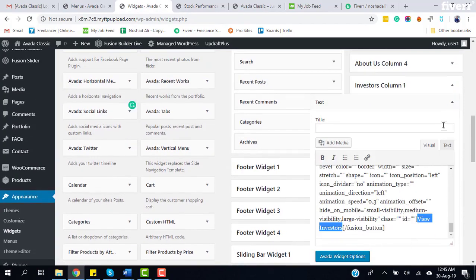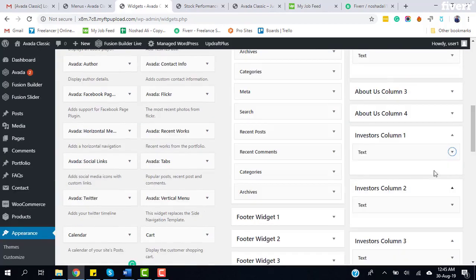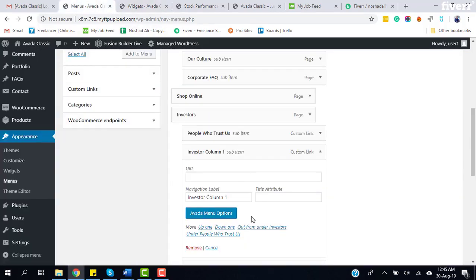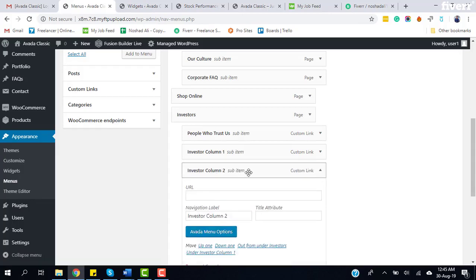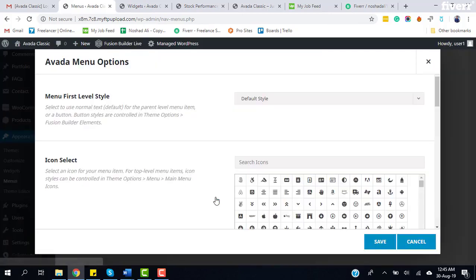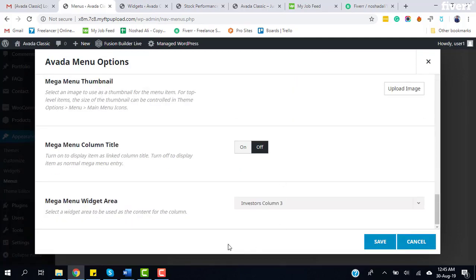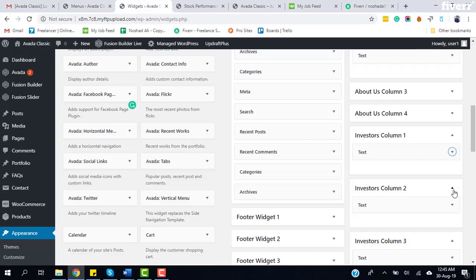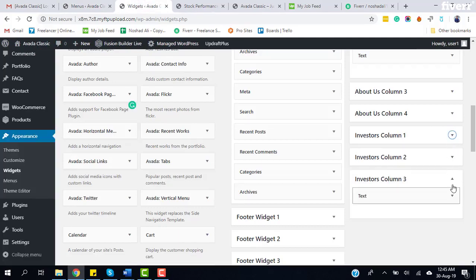okay, so these things have been set up here. If I open this Investors Column 2 and add other options, when I open this, I see the content in this column is being taken from Investors Column 3. So if I open this Investors Column 3,